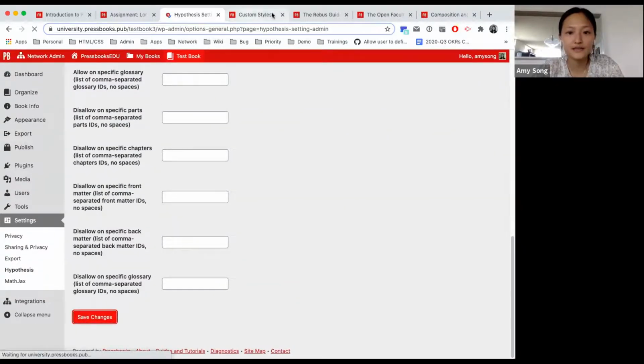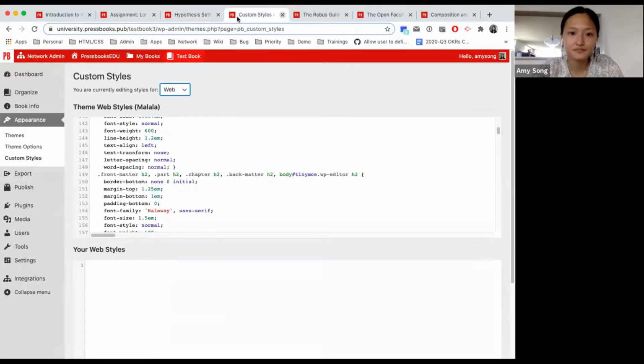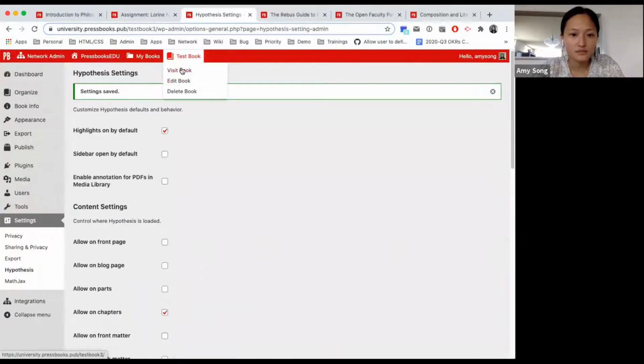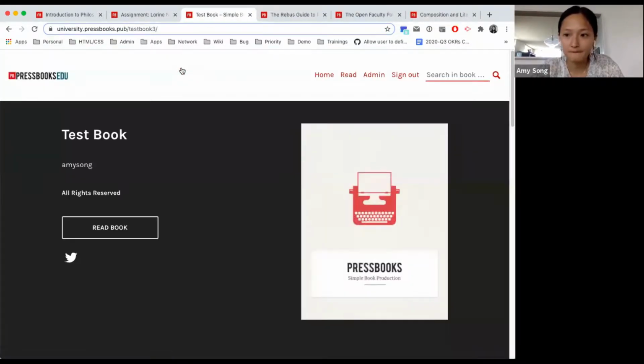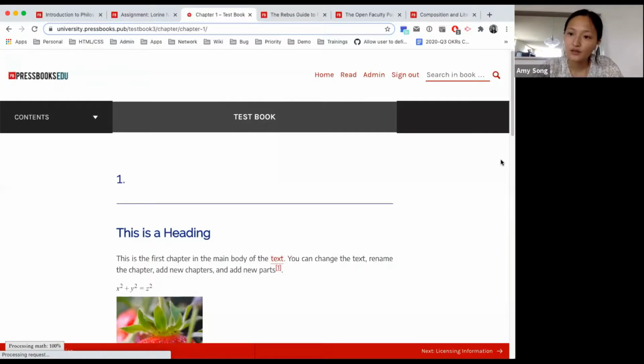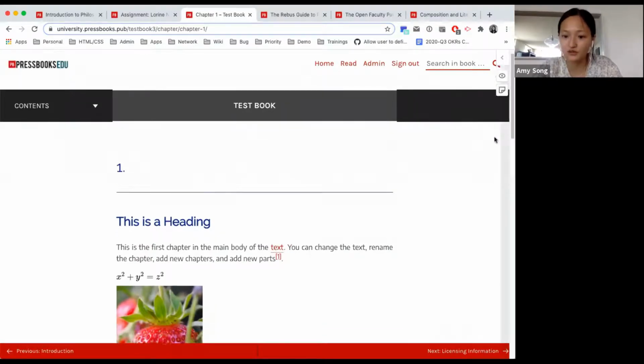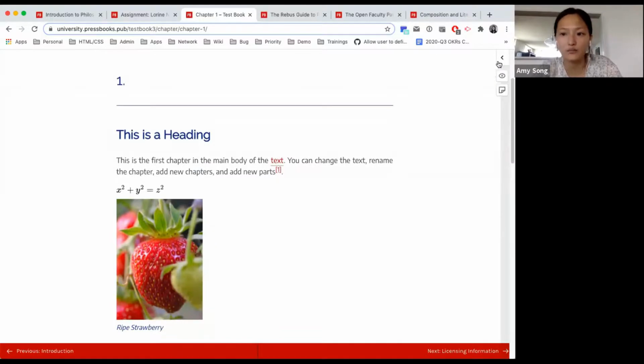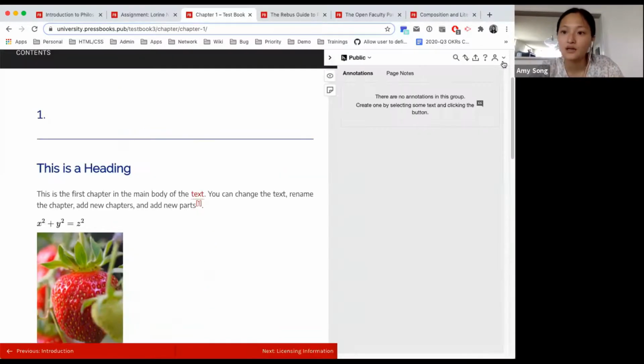So now when I save and go into my test book, as you can see, I'm on the front page of my book, but now if I go onto a chapter, you will see that Hypothesis is enabled on the right-hand side. So if you went on a back matter or front matter, you wouldn't see this because I've only enabled Hypothesis for a chapter. So by clicking this little arrow here, you can choose to open or close, and this is